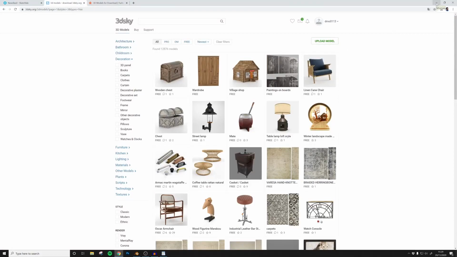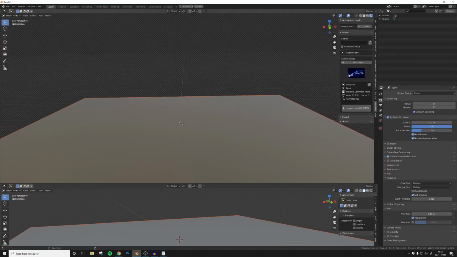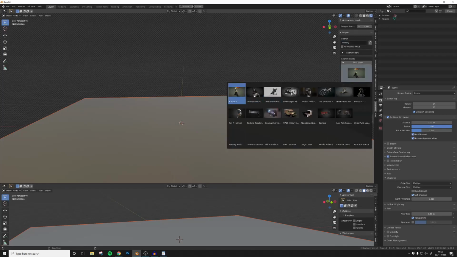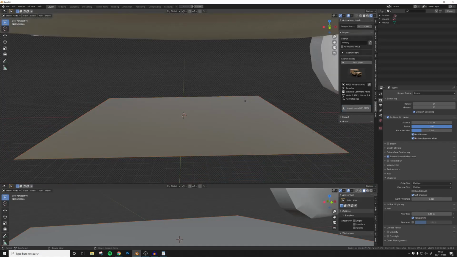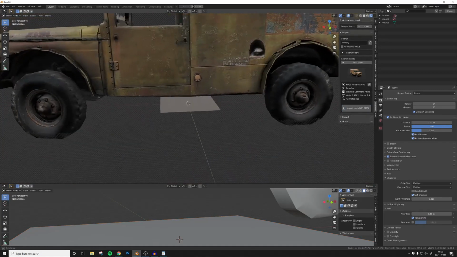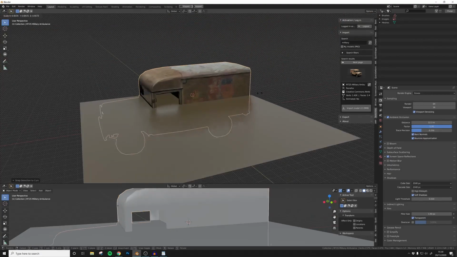And the cool thing about Sketchfab actually is they have a plugin in Blender. It's called the Sketchfab plugin. You can find it online. It's free. So check this out. If I type in military in this part and check out what they have here, let's say you want this military ambulance. All you do is import the model. And there you go, we have our